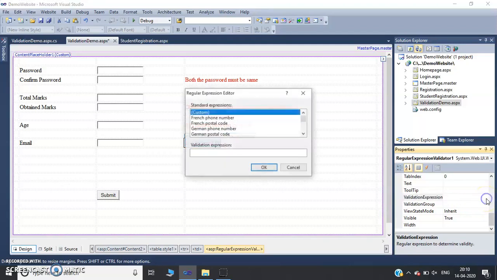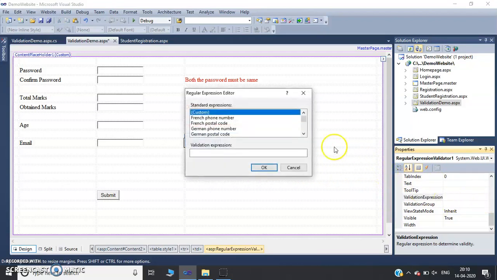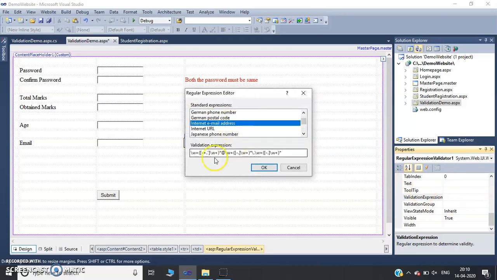For email id, there is an inbuilt regular expression available. So you have to just click on these three dots, and for email address, just select internet email address. .NET Framework will automatically create a validation expression for email address. Now just click on OK button.